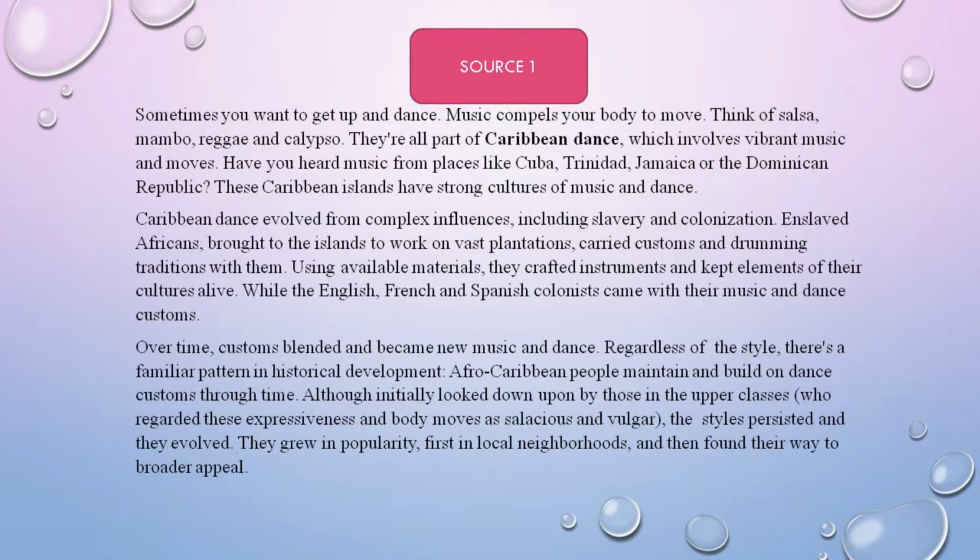Source 1 is an article about music and dance. The other article is on language, and the third is a table showing various religious groups in the Caribbean. Now, let's take a look at these sources. In source 1, we will read,